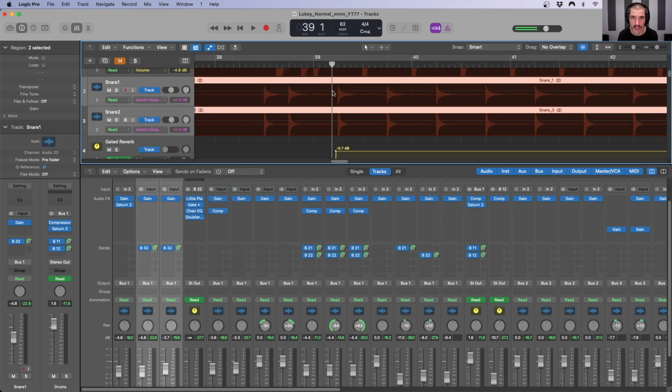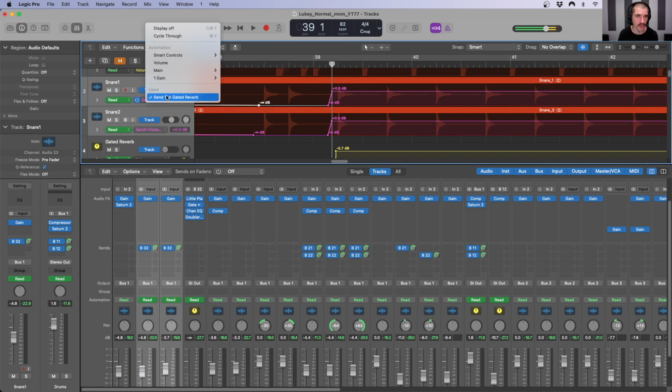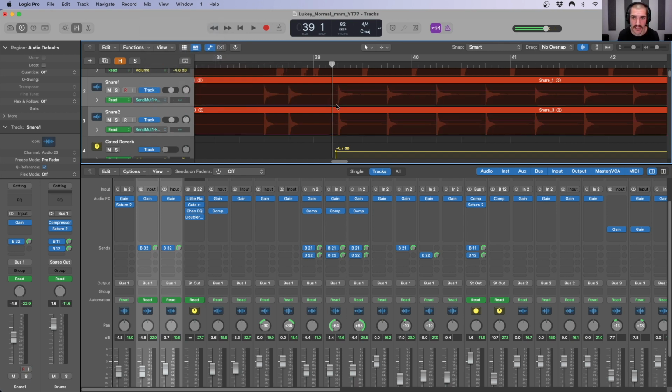And what we can do here is effectively turn the volume that is being sent, or the amount that is being sent to the gated reverb up at this section. Or alternatively, we could, because I want this muted anyway, we could go to main and then send mute to the gated reverb and then automate it so that it is muted right up until this first downbeat